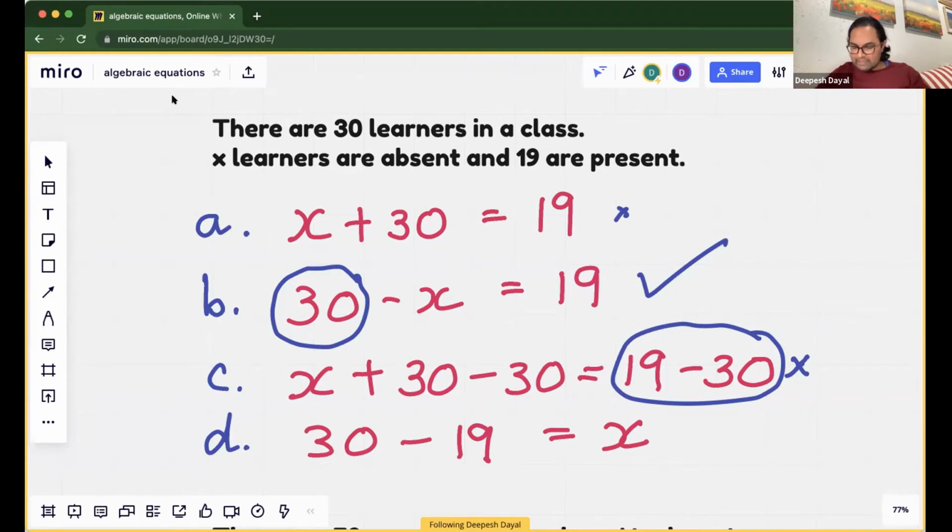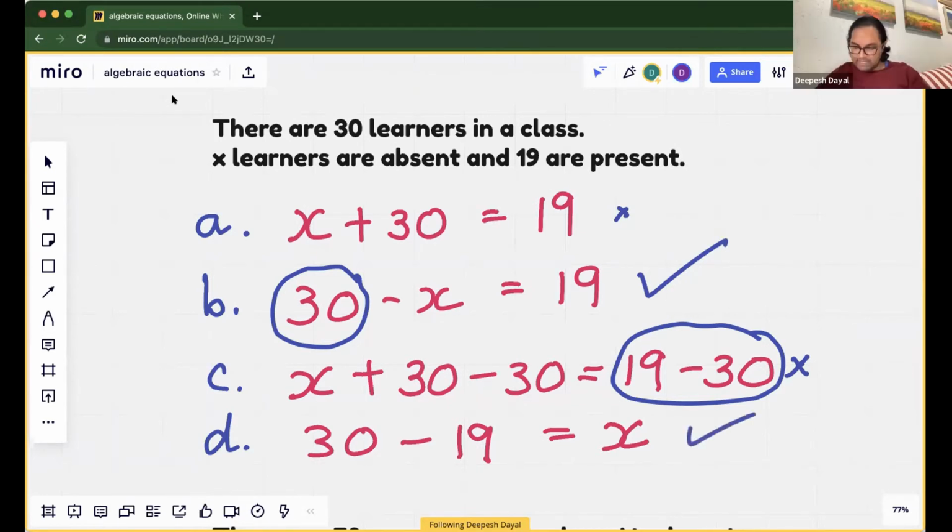Then 30 minus 19 equals X. So you had 30, and then 19 are present, and that gives you the absent learners. So you have 30 in total in the class register, 19 are present. When you take the total of the class register minus the ones that are present, won't that give you the ones that are absent? You have your full class register, then you count everybody in the class. Surely that should give you the ones that are not there. Yes, sir, it will.